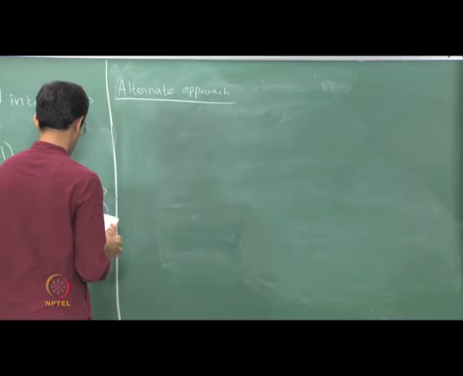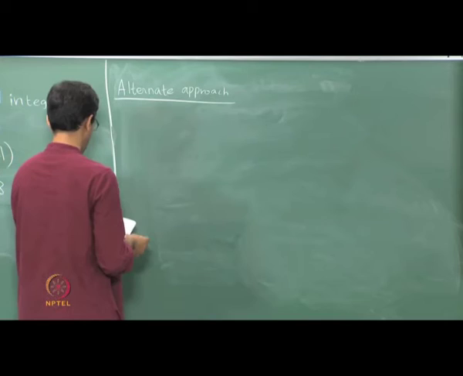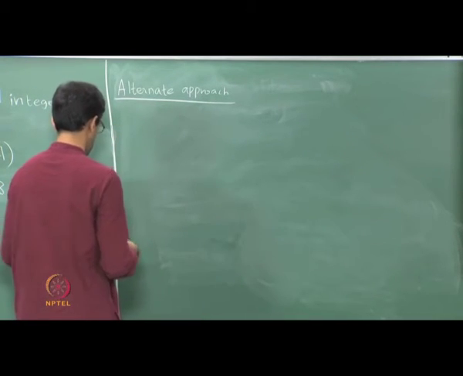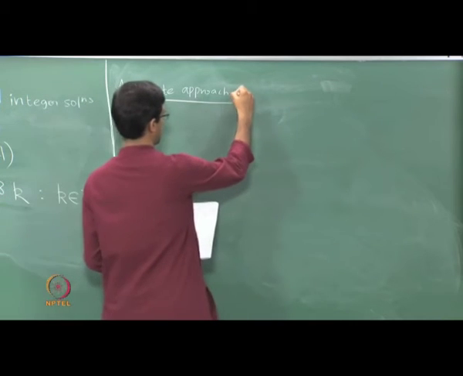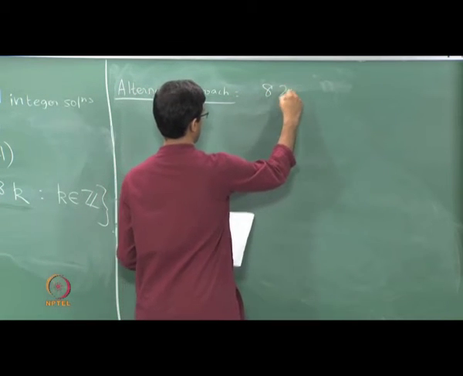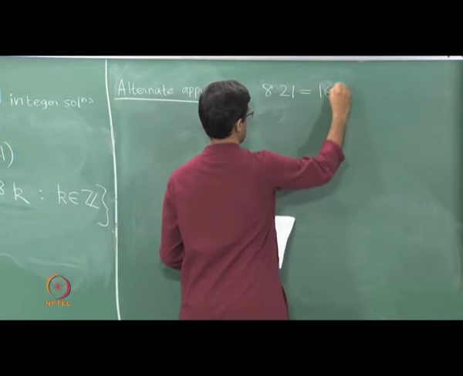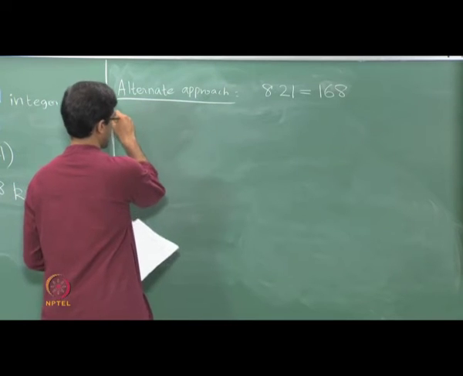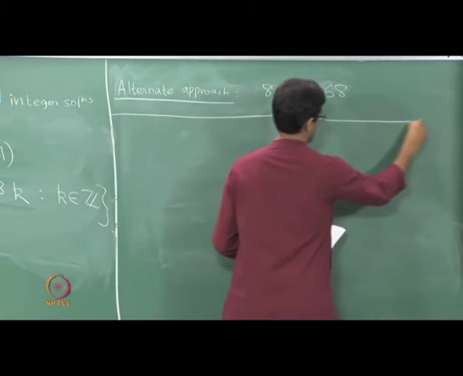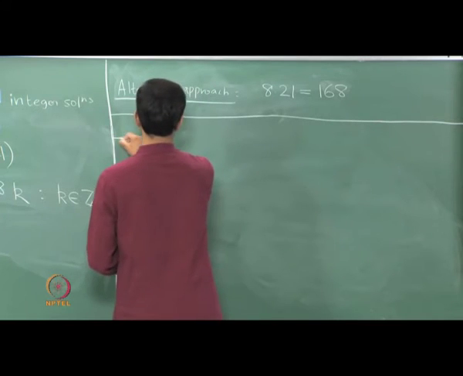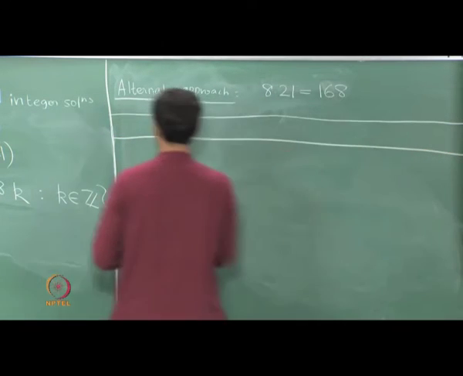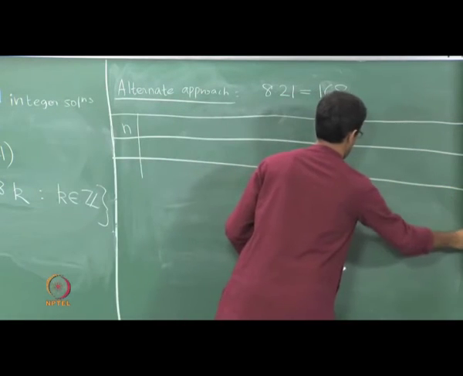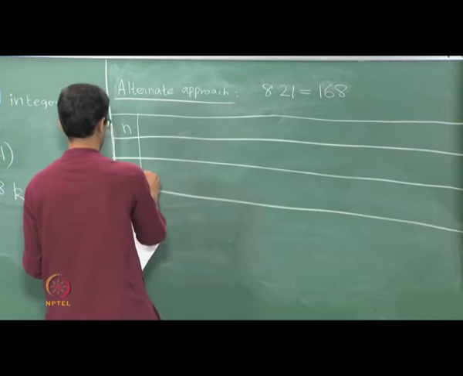And let's do the following. So I'll sort of frame the problem at the end, but for now let's consider the following. Let's take the same two numbers, 8 and 21. Observe 8 times 21 is of course 168, as we just said. Let's make a list. So let's write down all the numbers. Of course I'm not going to be able to do this, but imagine that we write out a list of all numbers from 1 through 168, and now I'm going to make a table.